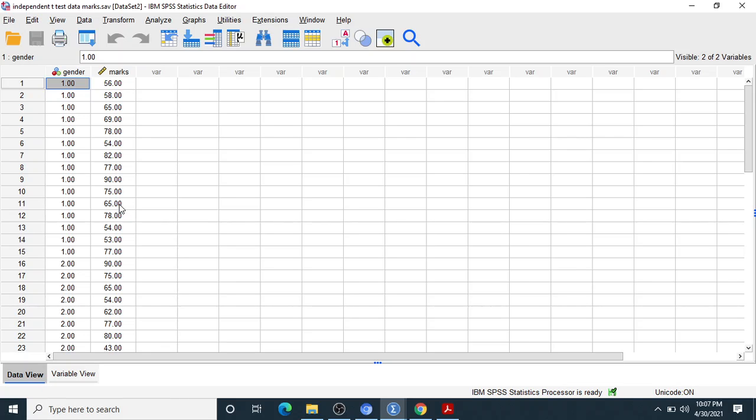Now we calculate their mean value and compare their mean values, and we try to find out whether the marks of the males are higher as compared to girls or not. So this is our study. I'm taking this example for people at the beginner level who are not very familiar with SPSS.